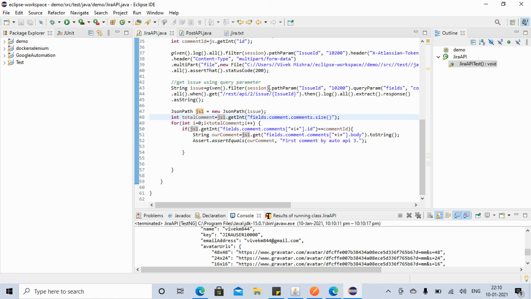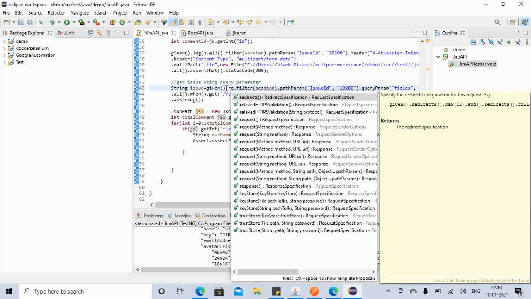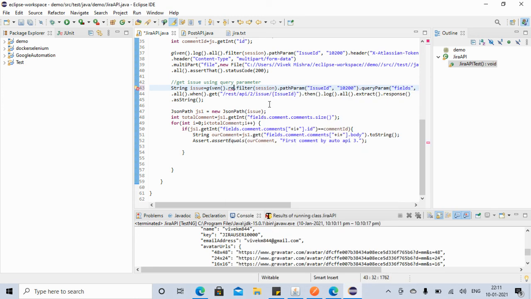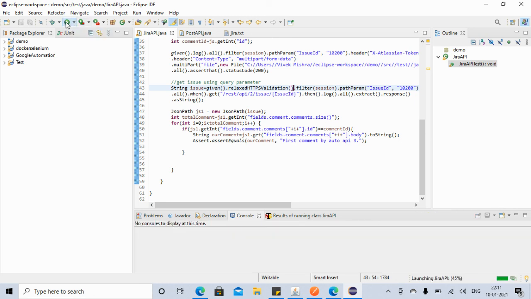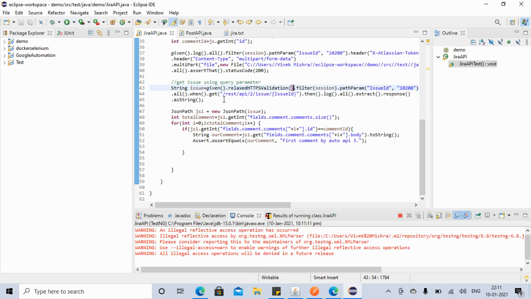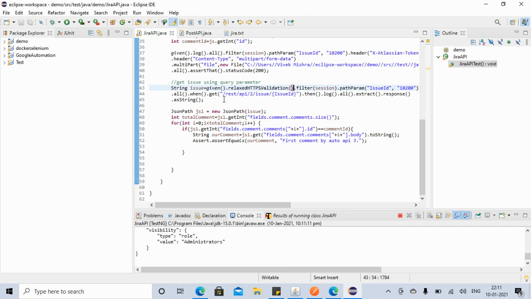After given, you can say given.relaxedHTTPSValidation. Just add it and save it. You can bypass the https validation if your test is failing because of that. If you run it again, still everything will pass.